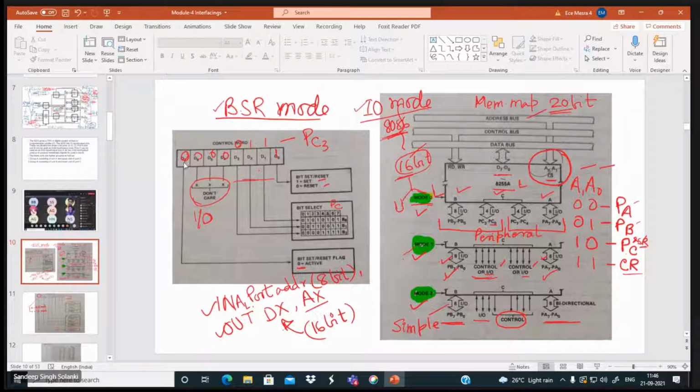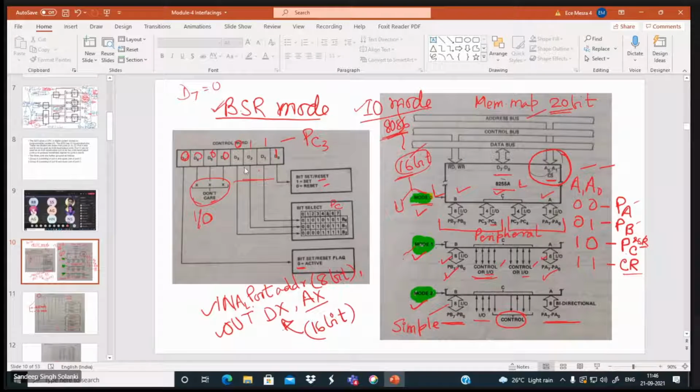When D7 is equal to 0, the selection is BSR mode. For your information, the next 3 bits are don't care, so you can write either 1 or 0; it is left to you. Here I have just mentioned 000.